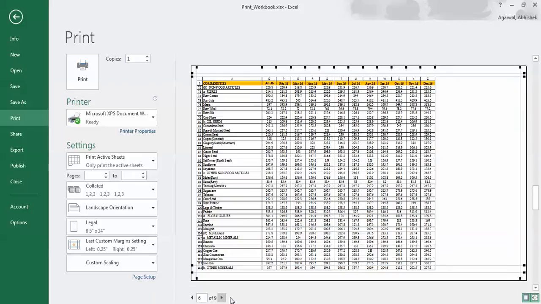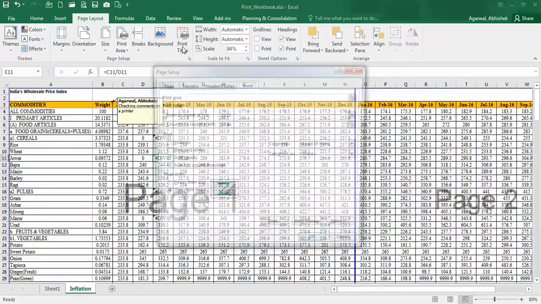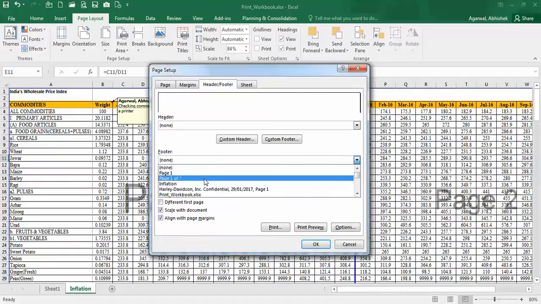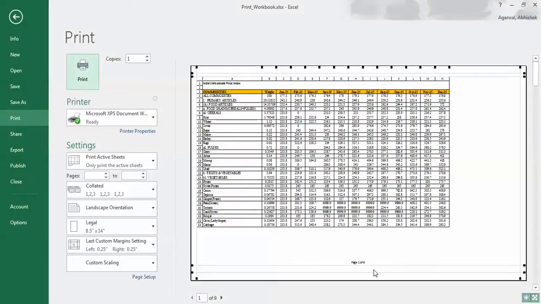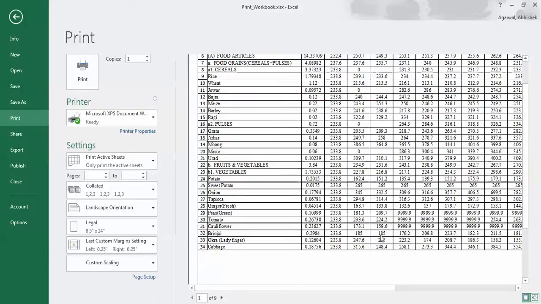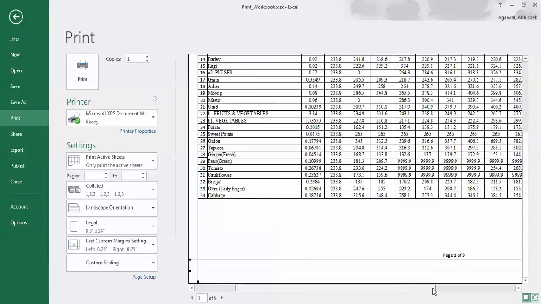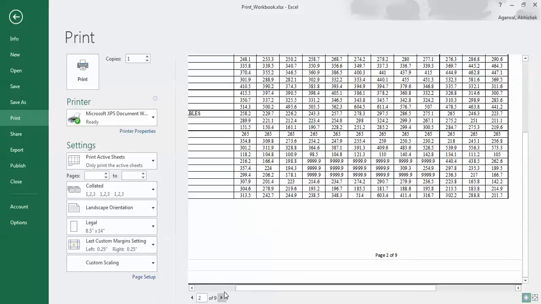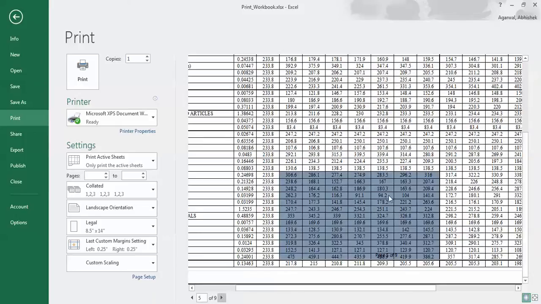Okay, so what can we do? We can put in headers and footers. So let me just put a footer here, like say page 1 of this, question mark means, if you see that now it will be showing page 1 of 9. If you go to the next page, it will show page 2 of 9, page 3 of 9, page 4 of 9. Okay,